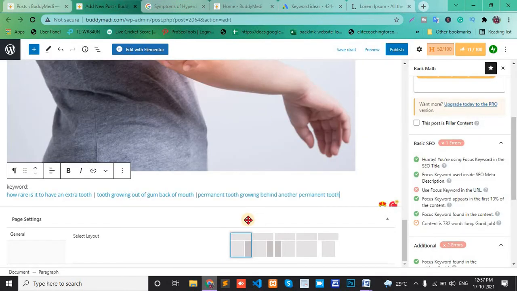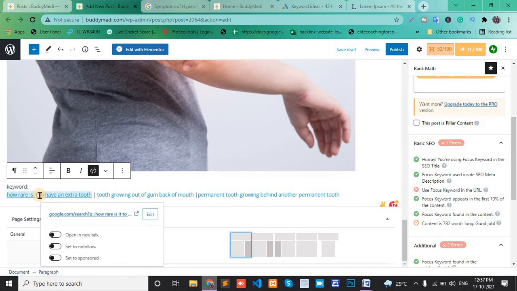Okay, add one by one. Here we add 3 keywords. Next, you do more keyword research and write on your blog and keep the keyword linked to your main website and blog website.